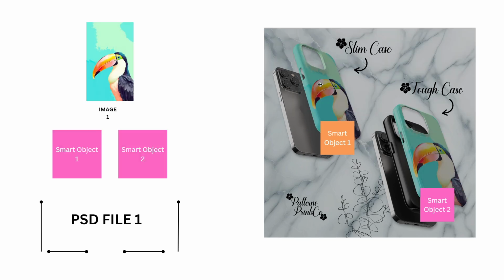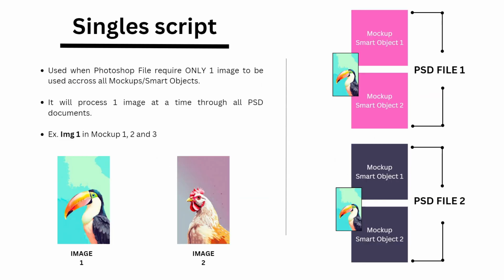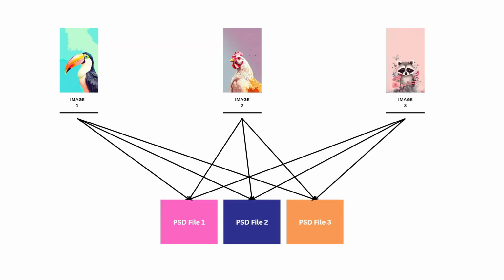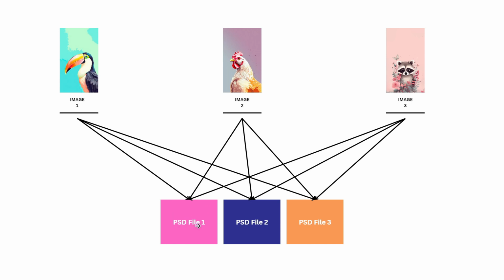So the logic in the folders for this singles script is as follows. It will take the same image, it will take image by image, and it will process each image across all the Photoshop files. So it will process image 1 across Photoshop file 1, 2, and 3. And if one Photoshop file contains two smart objects, it will replace all the smart objects within this file with